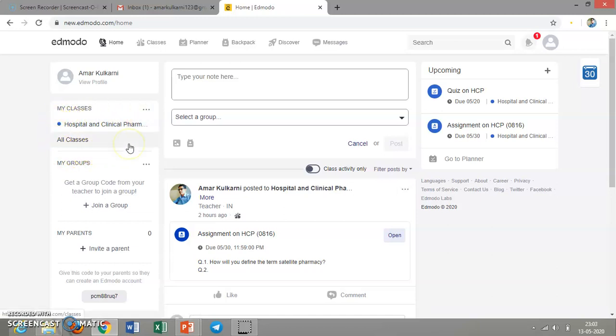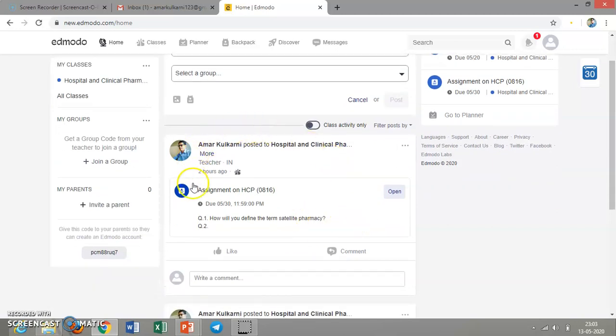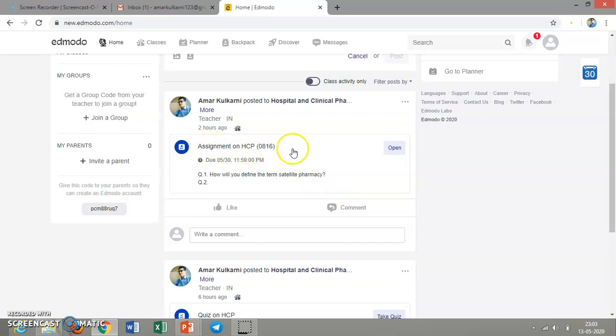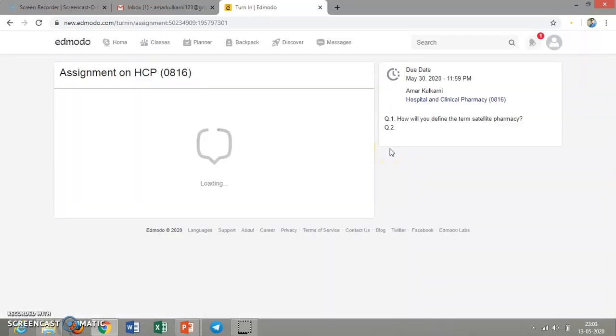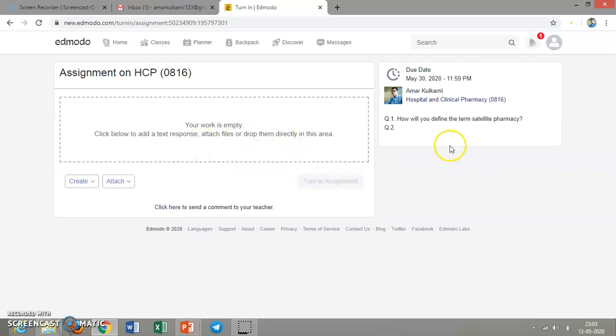Next we will see how to solve and submit assignments and quizzes. See here, some posts are there which are posted by the teacher. I am taking this assignment. They have provided one question here: how will you define the term satellite pharmacy?